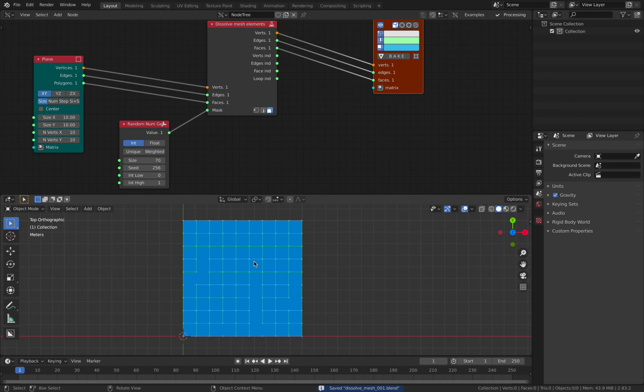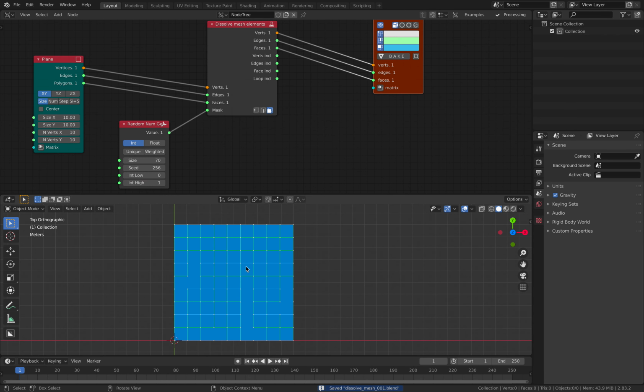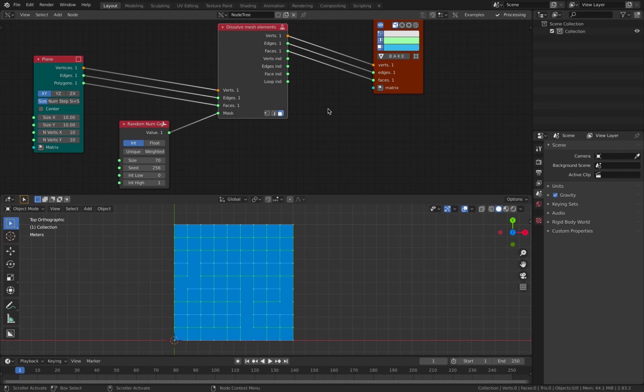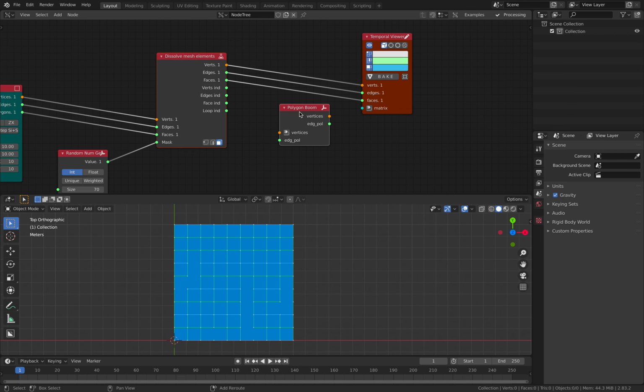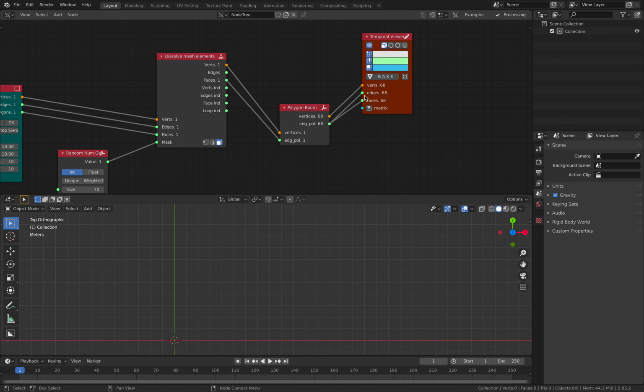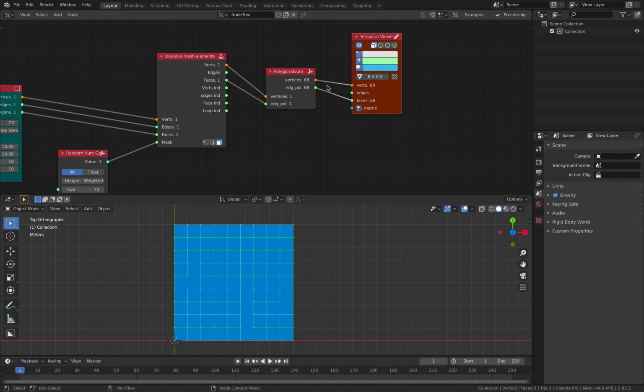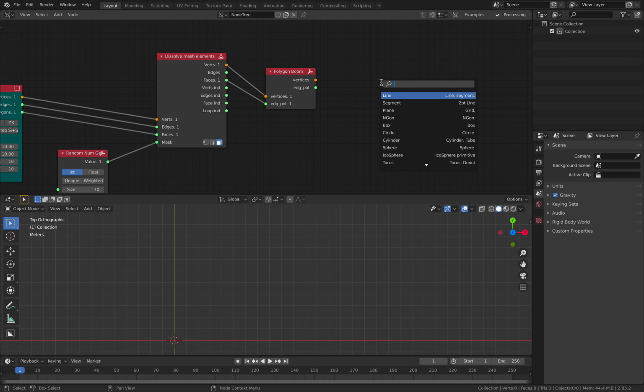And oftentimes when doing 3D like this, you are kind of reducing mesh elements to get a more interesting topology of polygon. So let's try if I use something like polygon boom. Maybe it's clearer if I do it like this. So with polygon boom, it's separated. Let's use bmesh viewer